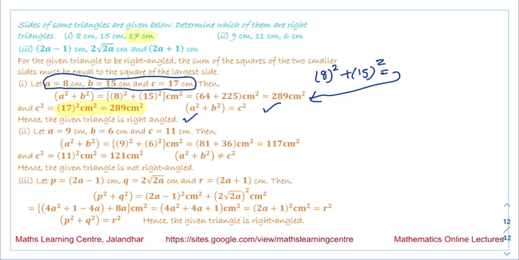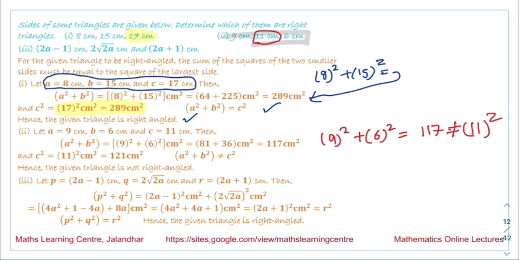Second is 9 centimeter, 11 centimeter and 6 centimeter. 11 centimeter is the largest value. If it is a right angle triangle, then 11 will be the length of the hypotenuse. So we are calculating 9 square plus 6 square. The answer we are getting is 117, and this value is not equal to 11 square. So with these dimensions, 9, 11 and 6, the triangle can never be